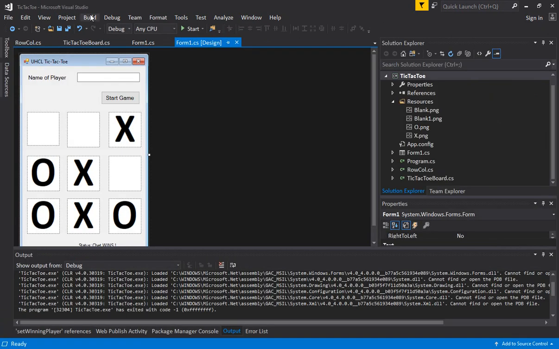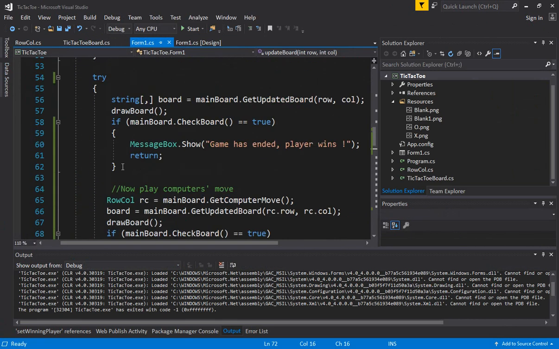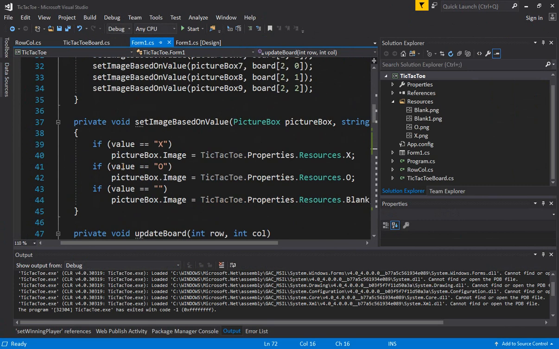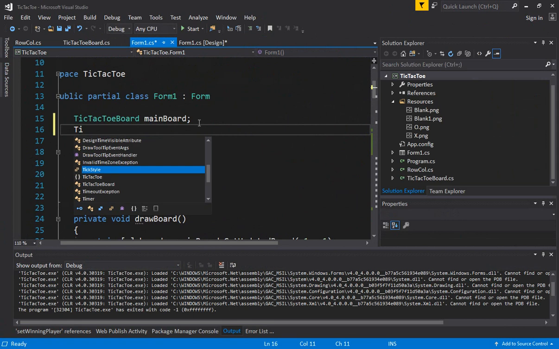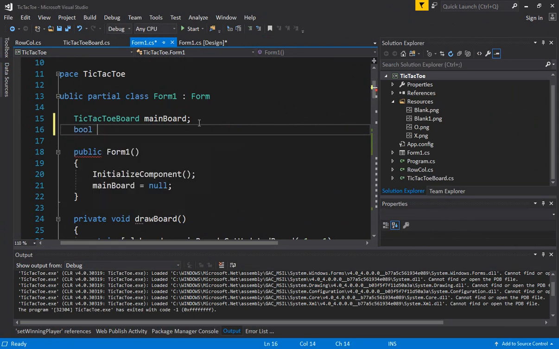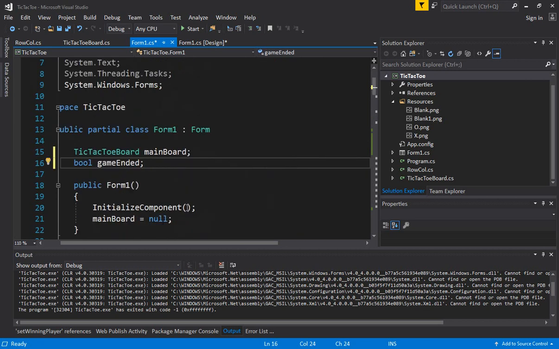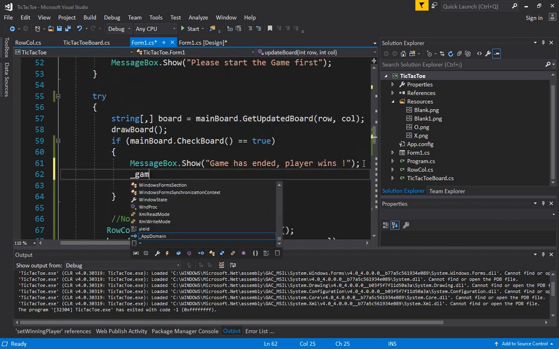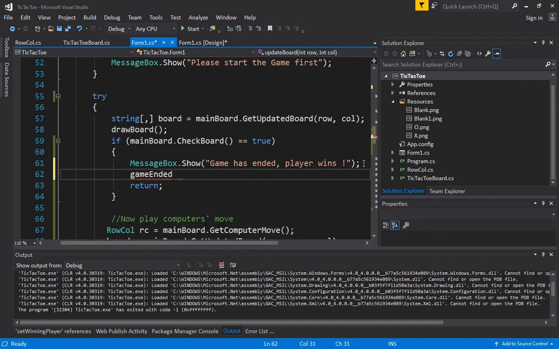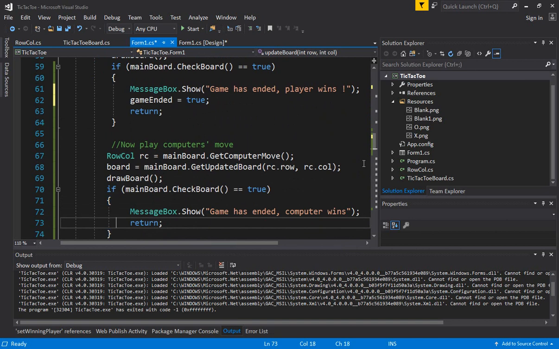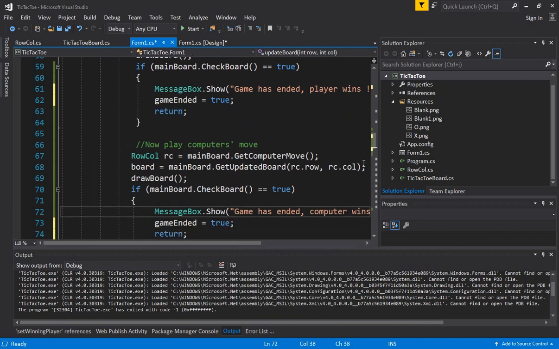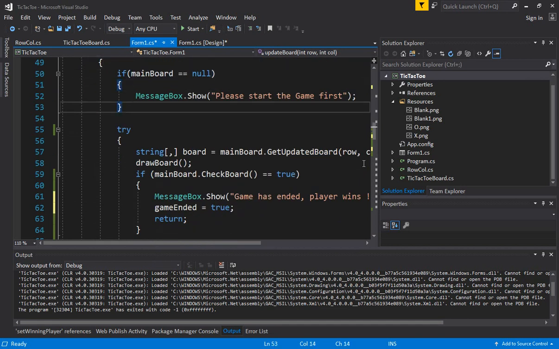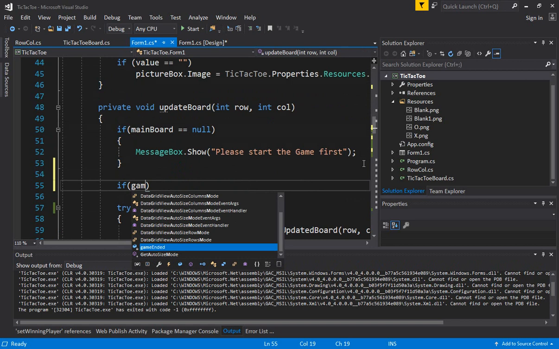So what we need to do in the form, essentially if some player wins, let's add a flag here. Bool game ended. And as soon as the game is over, we'll set that. Game ended is true, so all we need to do here is if game ended is equal to true,